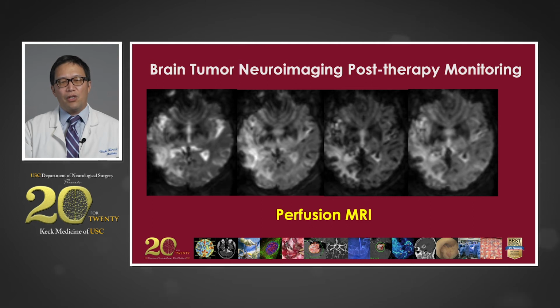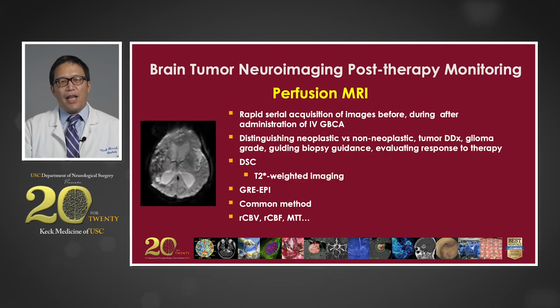Now, perfusion MRI is a dynamic form of imaging as opposed to the conventional imaging that we saw, which is more like snapshots in time. This is actually kind of like a movie. And so we acquire very fast images before, during, and after the administration of a contrast agent. And this has many applications in brain tumors, from differentiating tumor from non-tumor, trying to differentiate different tumor types, trying to differentiate the grade of a tumor, and also biopsy guidance, and what we're talking about now, evaluation in the